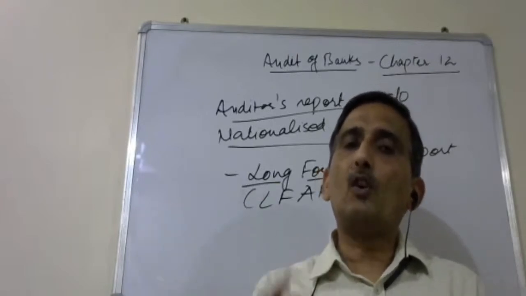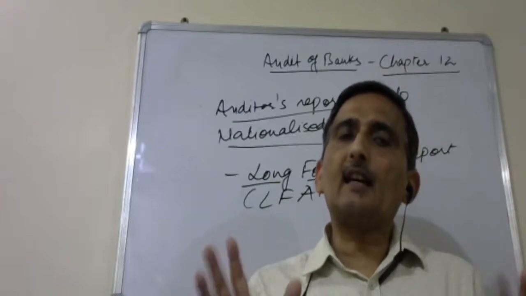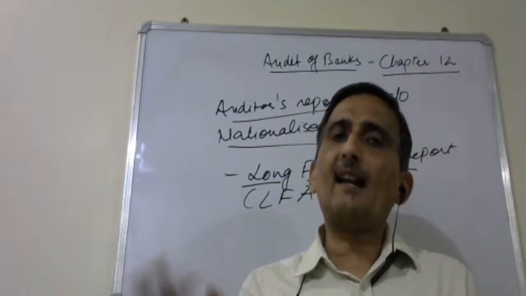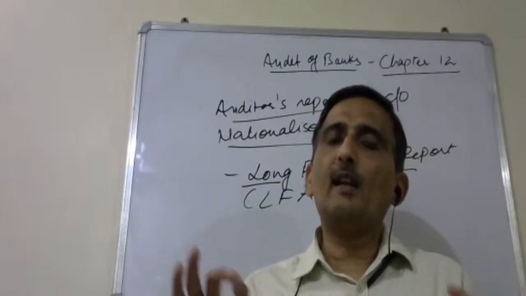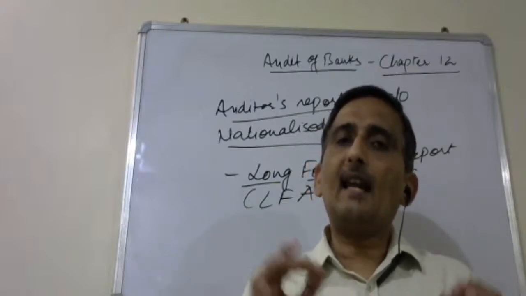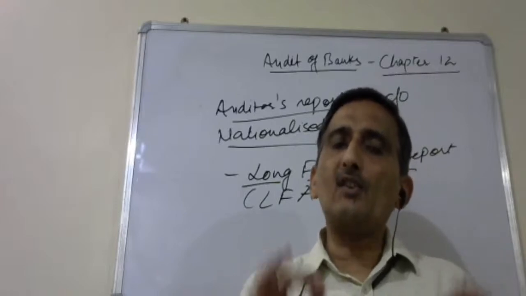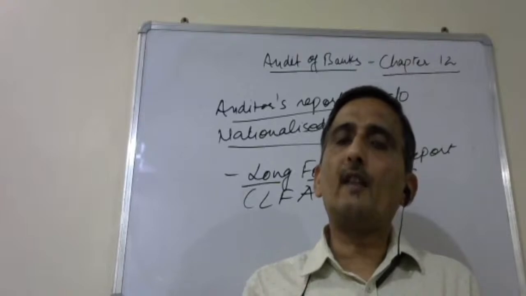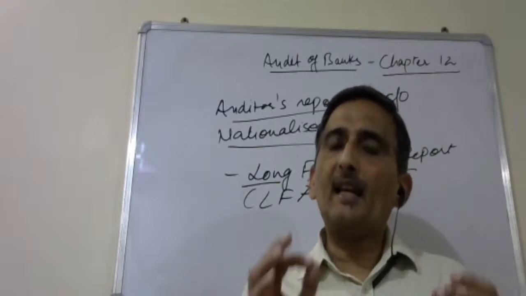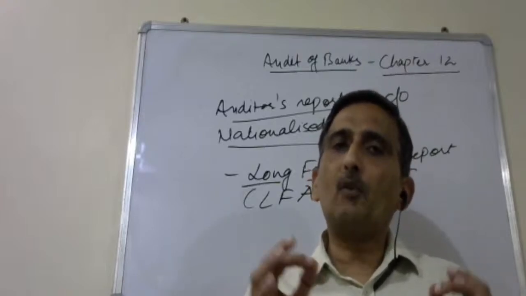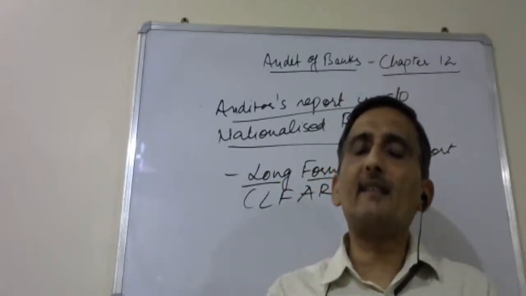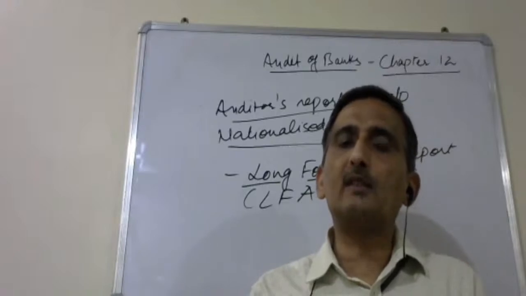Okay, report on another report is report on compliance with SLR norms, statutory liquidity ratio. And then there is a report on treasury operations of the bank. And there is a report on the Ghosh committee recommendations. There is a report on the Jilani committee recommendations. These are basically the main reports which are to be given.